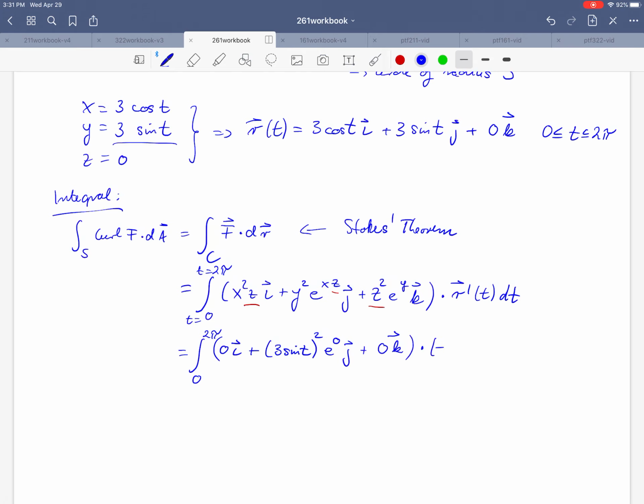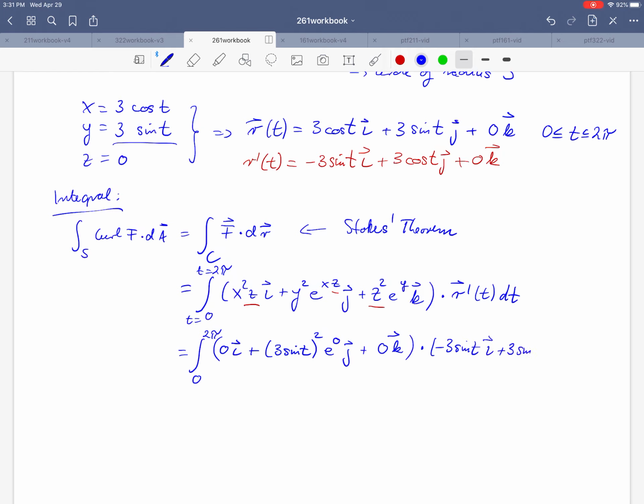That gives us minus 3 sine t. So we can compute r prime of t real quick. So that's minus 3 sine t i plus 3 cosine t j plus 0k. Nothing to do there. And so I have minus 3 sine t i